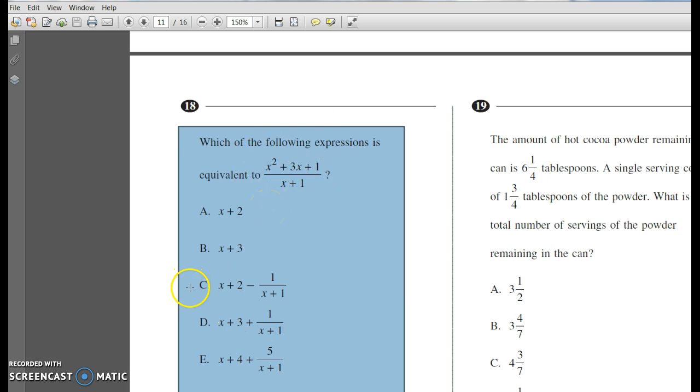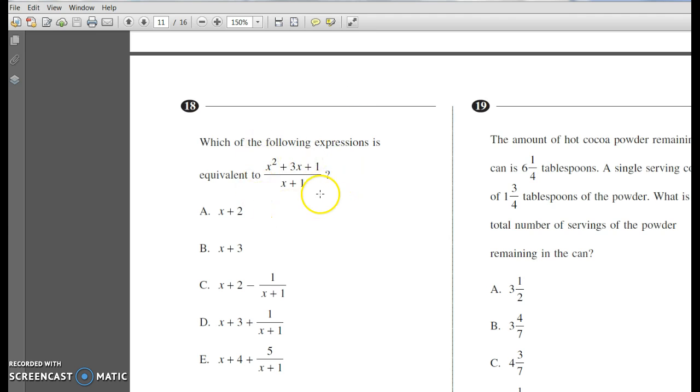So once we get C worked out, we don't have to work out any of the others. If we were to work out the others, all we would be doing is taking the x plus 3 and multiplying it by x plus 1, then multiplying and adding it out, then adding 1 to it, and finding that answer to figure out which one of these goes back to equal this. And that's the only way I could figure out how to do this problem,